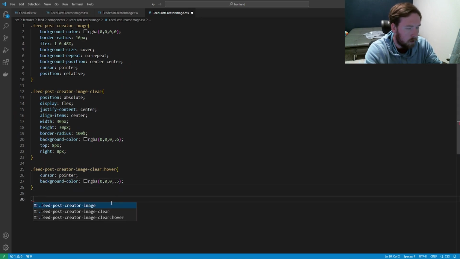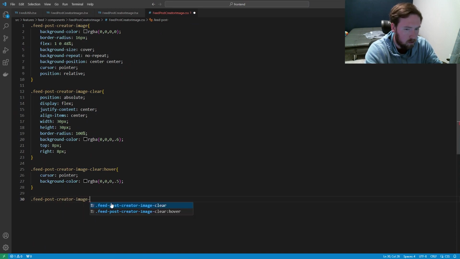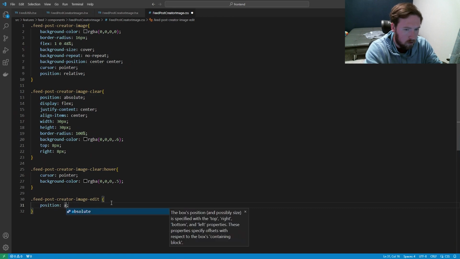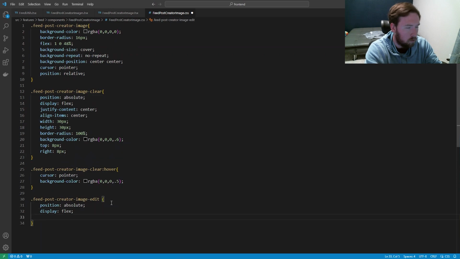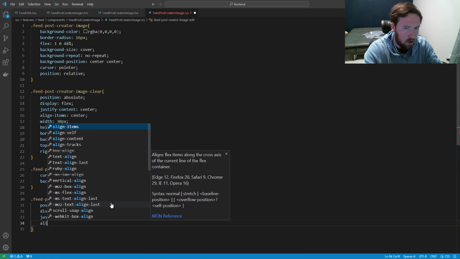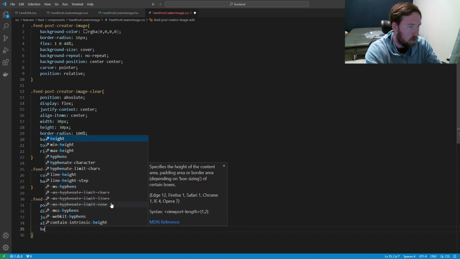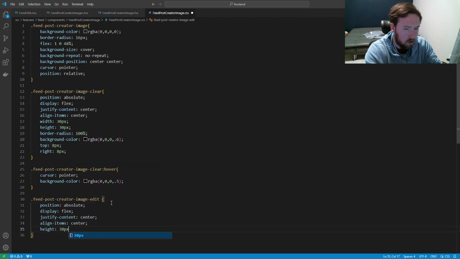So let's go ahead and do the edit. Feed dash post dash creator dash image dash edit. And this is going to have also a position of absolute. And then we're going to have a display of flex. We're going to have a justify content in the center, align items in the center, a height of 30 px,